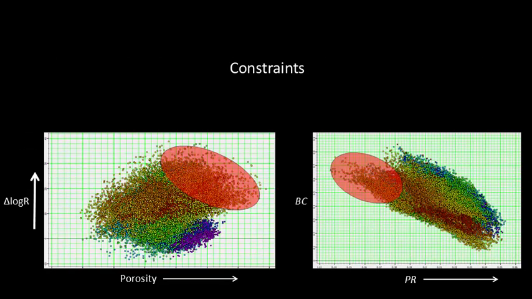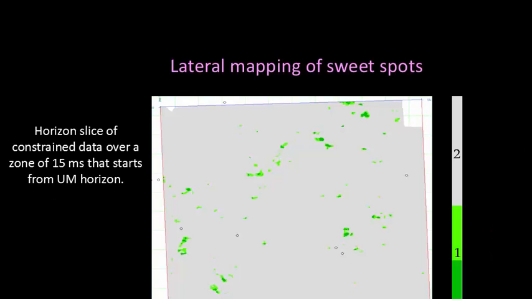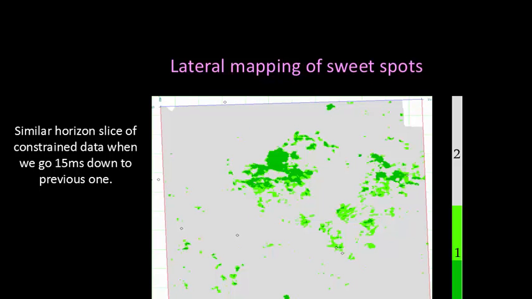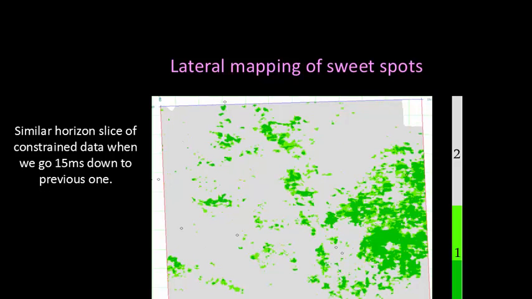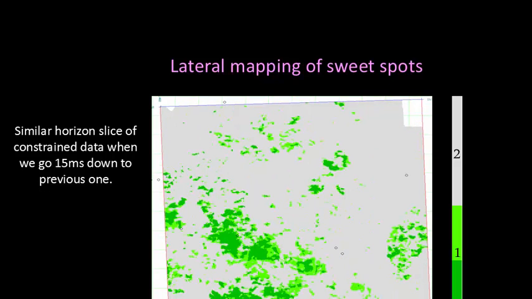And then, of course, you can determine horizon slices in your zone of interest. We are talking about the upper Montney. Just below the top marker, we go 10 milliseconds, 15 milliseconds, and we see only these small points. As we go below another 15 milliseconds, it starts highlighting these points. Another 15 milliseconds gives you this, and another 15 milliseconds gives you this. So you know what the thickness of that zone is, where you can focus.